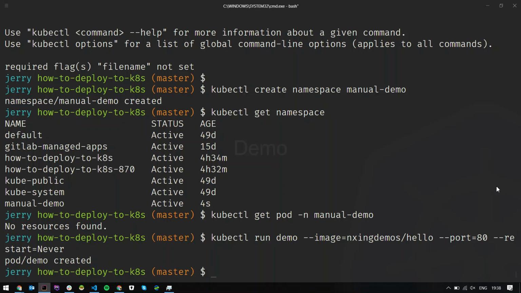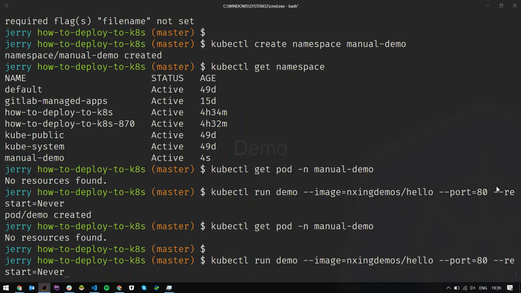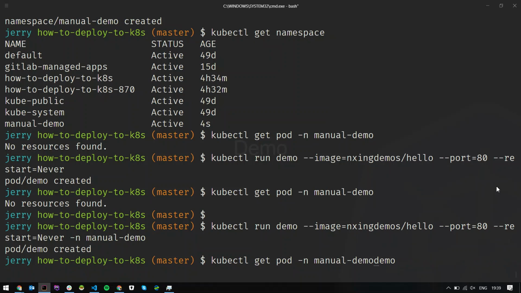Okay, so right now we should have deployed our new pod. So we can take a look, kubectl get pod namespace manual demo. No. I should have this. This one I forgot. So what I did wrong is I ran the demo pod, but I didn't specify the namespace. By default, it used the default namespace. So let's do it again. Manual demo. So